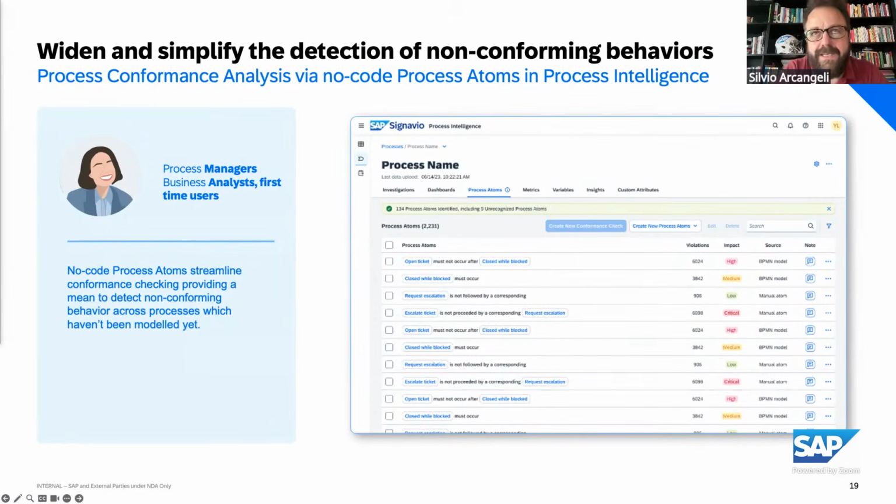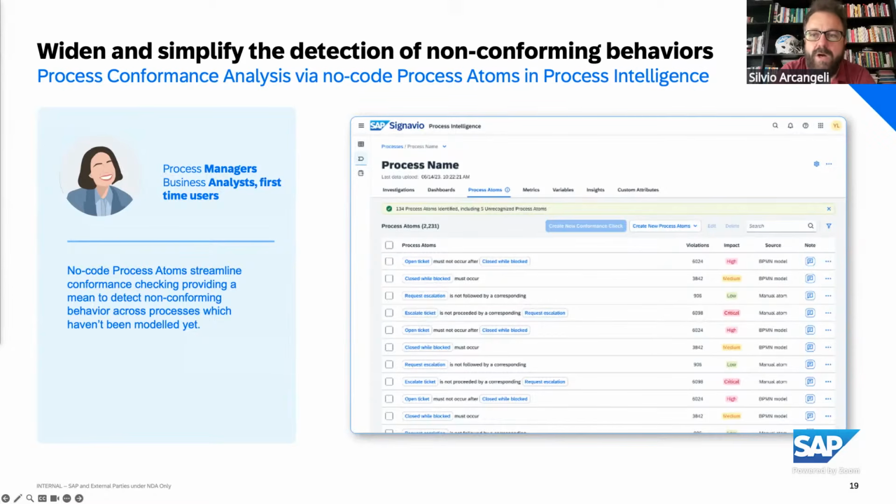You can see here that we do have a relatively short-term roadmap item. So we're talking about Q1 next year for the first version, about using those nuggets of knowledge for conformance, which is one clear use case of these process atoms. But stay tuned for what we are going to announce next week, because the picture will be way bigger than just conformance. So our aim is really to leverage process atoms to build a coherent